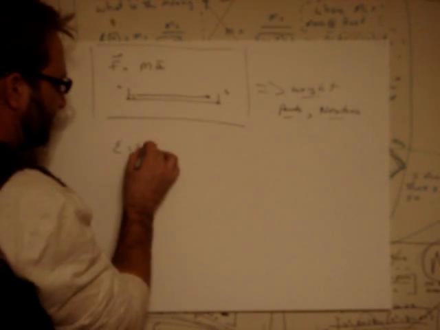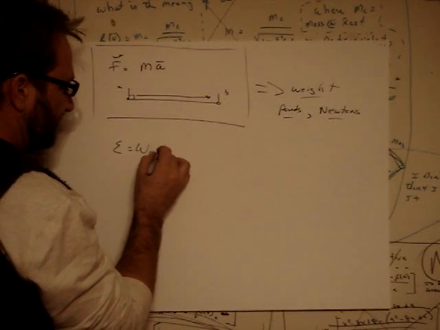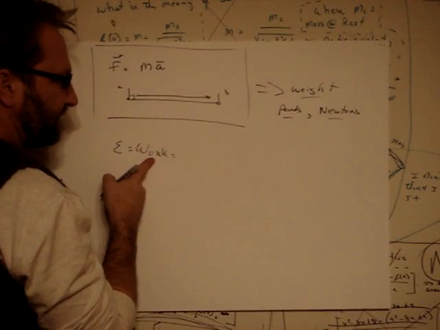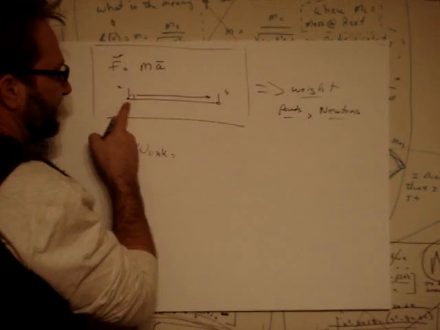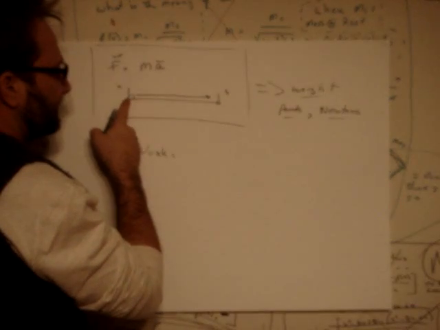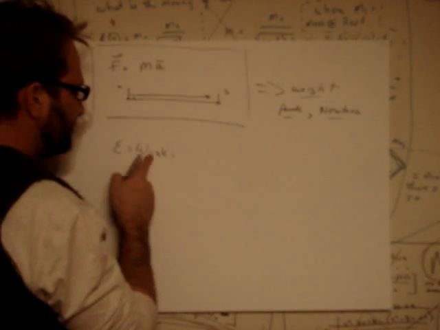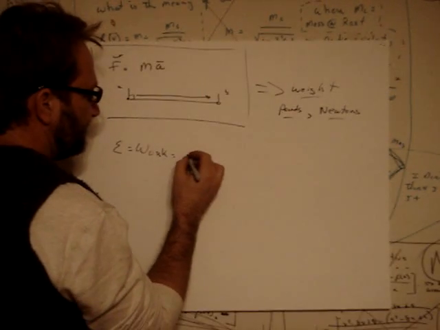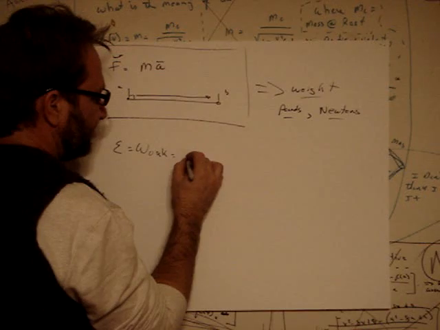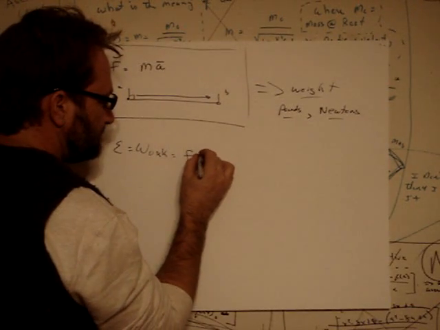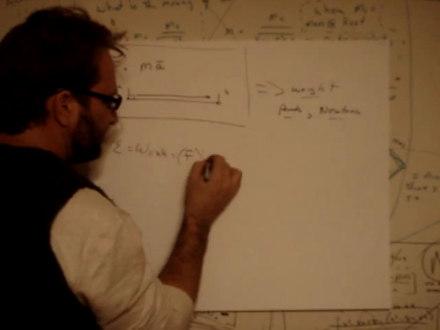Energy, or it's the same thing as work. Okay, the expenditure of energy requires us to do work, and it requires that we move this object from point A to point B in a certain amount of time. So energy and work is basically the application of a force through a distance.